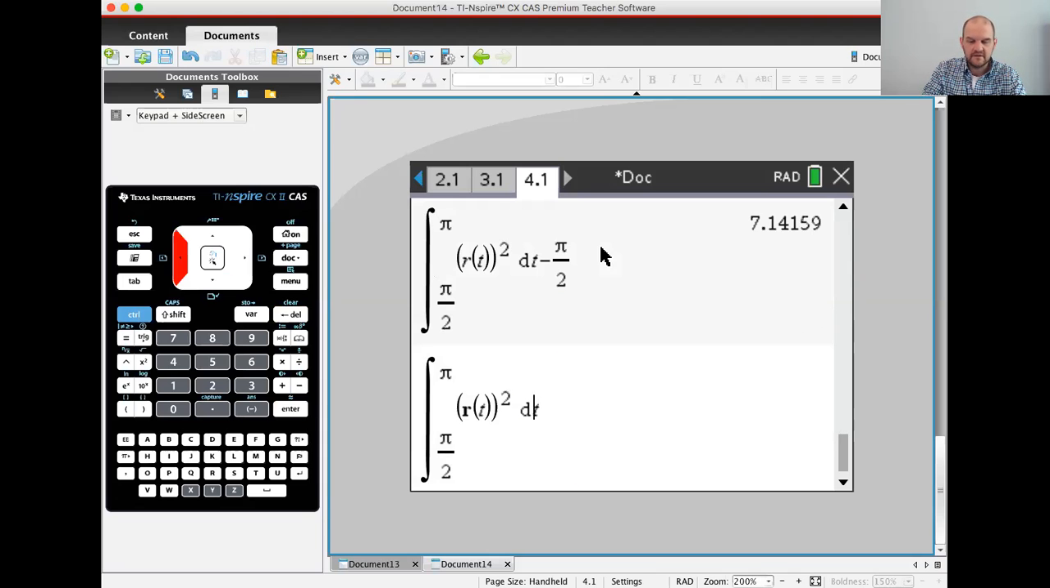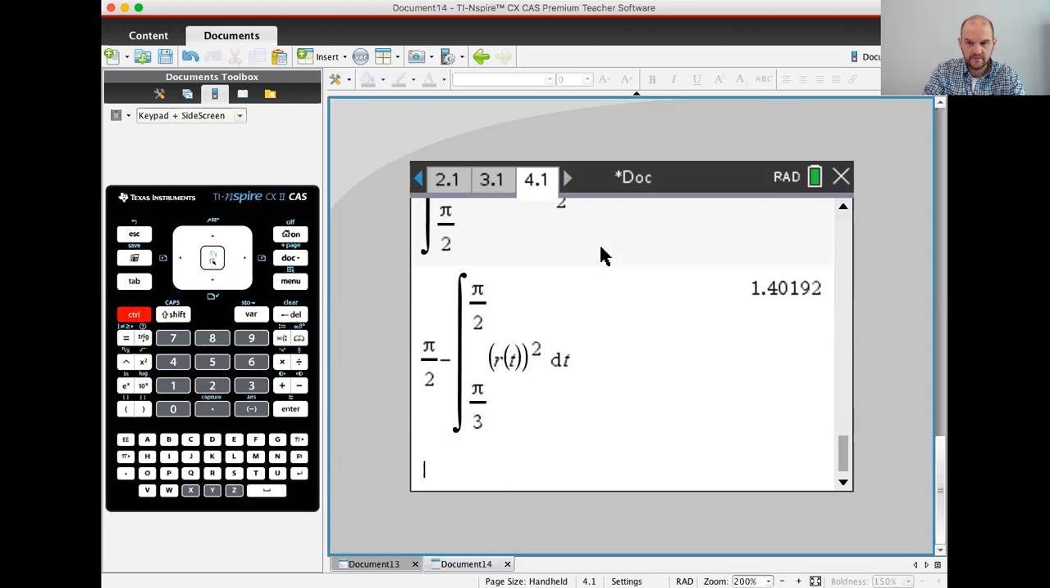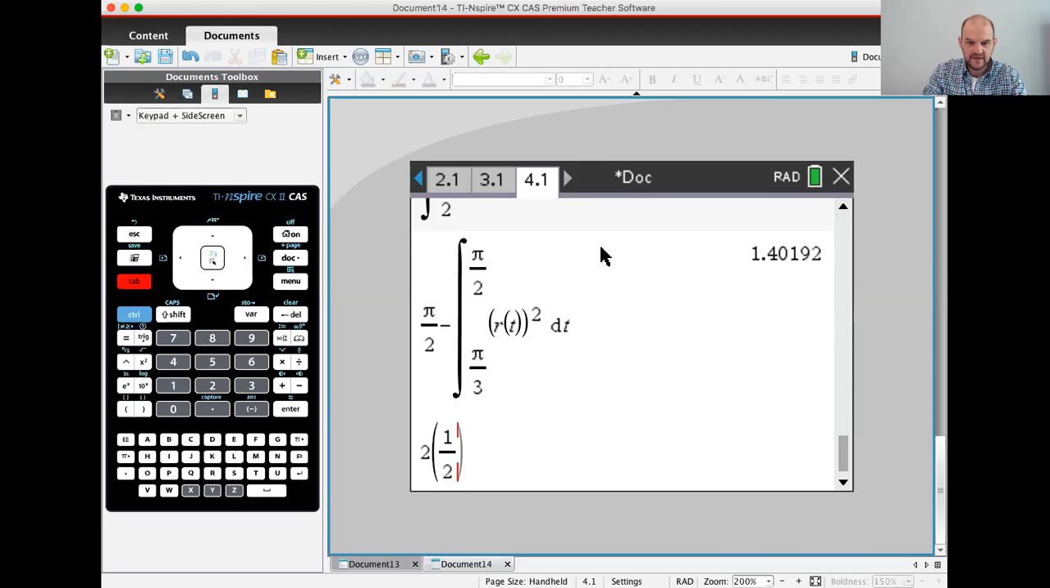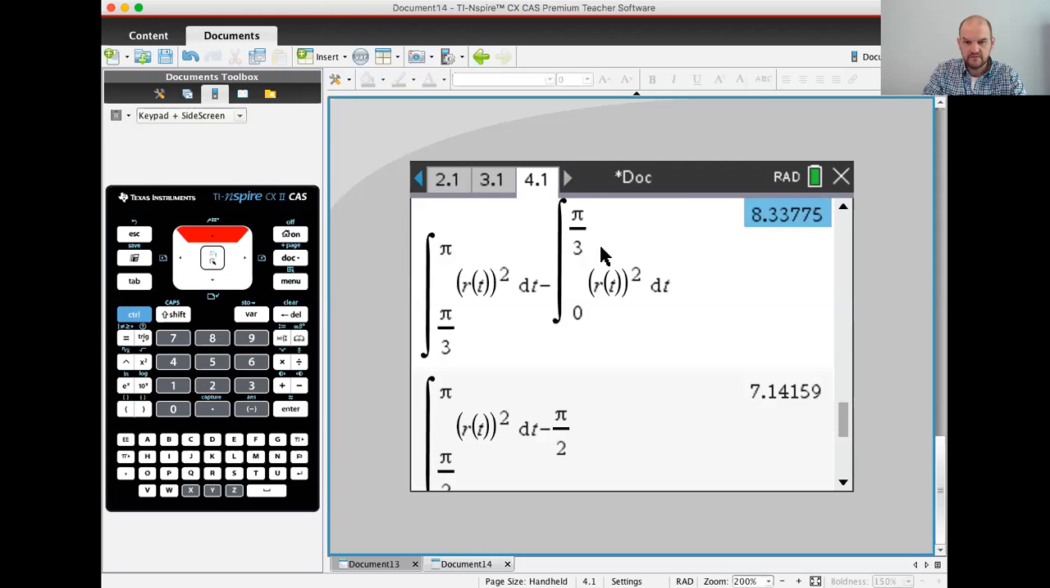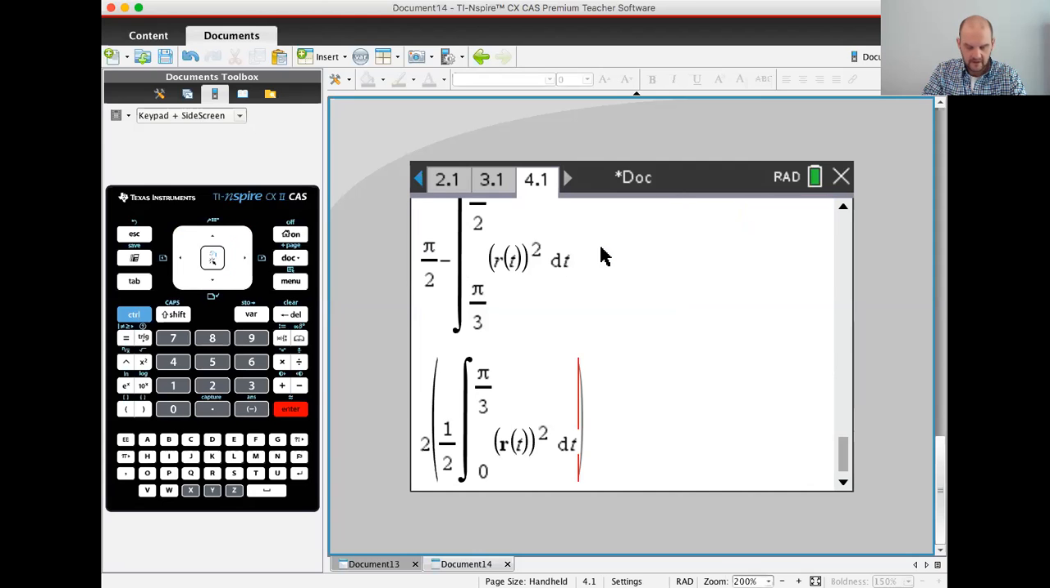Almost. Pi over 2 minus pi over 3 to pi over 2. 1.402. And then finally this guy. All right, so let's see. We want to do 2 times 1/2. Let me just borrow somewhere. Okay, so pi over 3 to pi over 2. I probably could have found a pi over 3 to pi over 2 in there. Okay, that plus